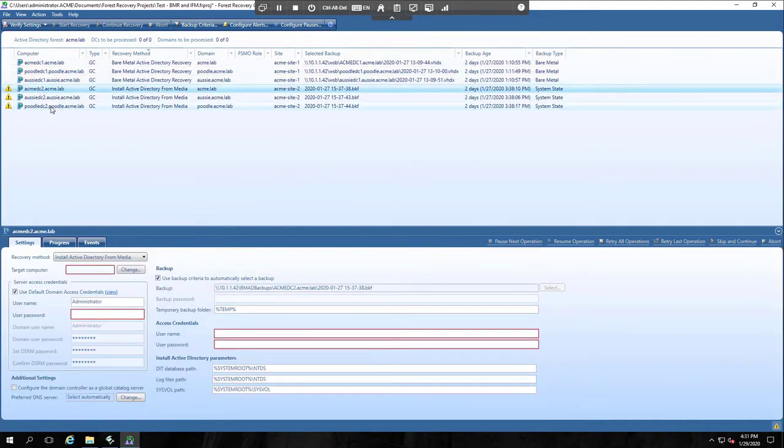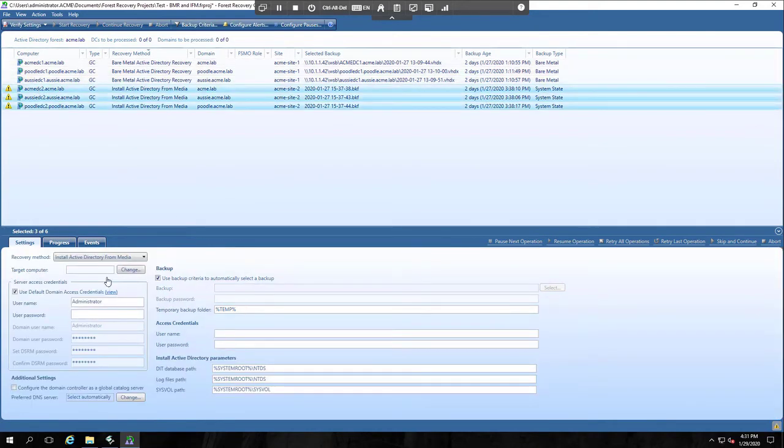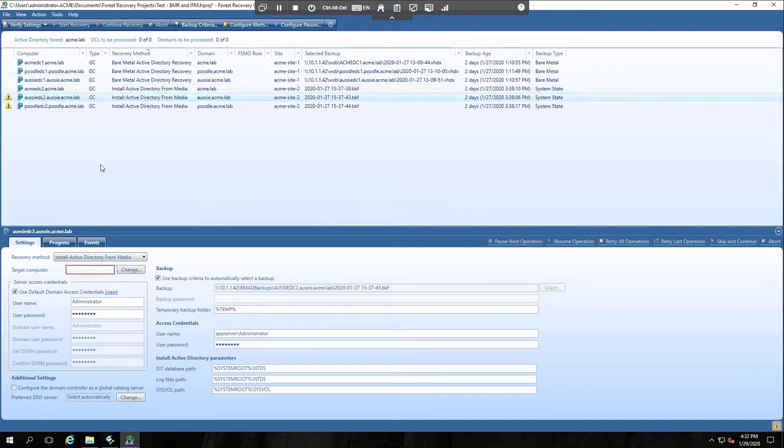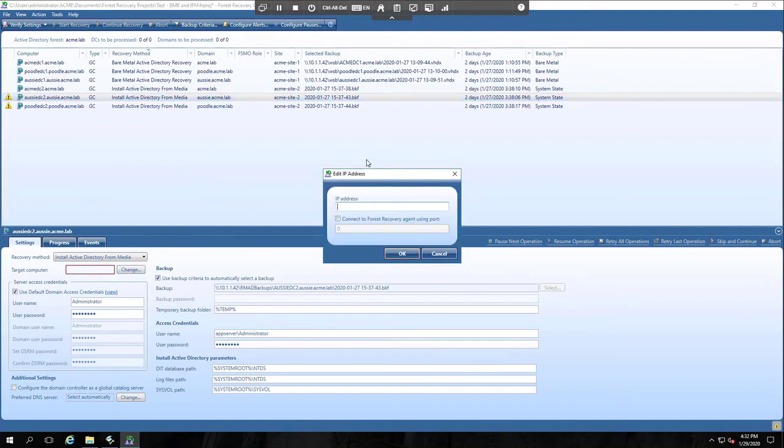Down here on these three machines, I'm going to need to enter those same credentials, but I have others I need to do. Up here, we can enter that password. And then for each one of these, I need to specify the Windows server that is going to take the place of the domain controller. And I specify that target computer by IP address. I'll just highlight each one of these and do them individually. And here's the first one. So this computer is 10.1.2.10. And for me, this is actually the IP address of the domain controller. If you were in an actual scenario, it might not be the same IP address.